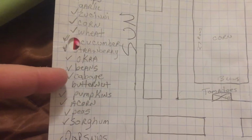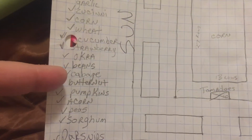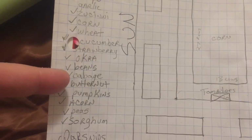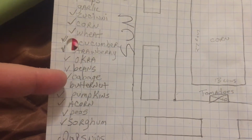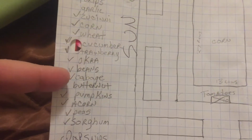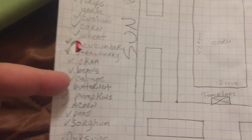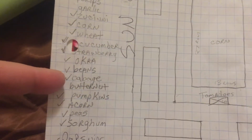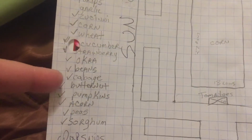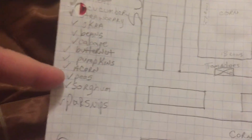Cabbage, we've decided not to do, only because it does take up a lot of space for one head. And if you go to the grocery store, you get cabbage for like 20 cents a pound. So you get a great big head for just a couple bucks, and we don't go through that much cabbage to get us to actually grow it this year. We will probably grow it next year. Butternut squash, pumpkins, acorn squash,